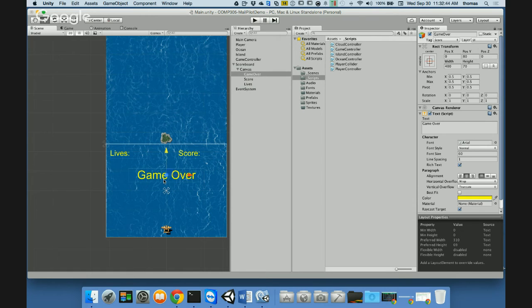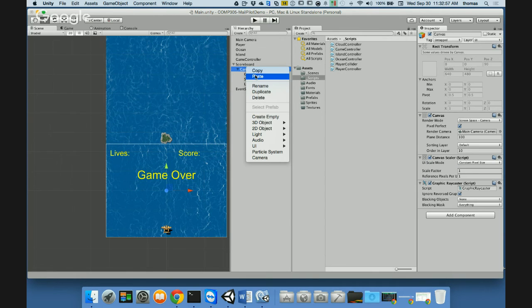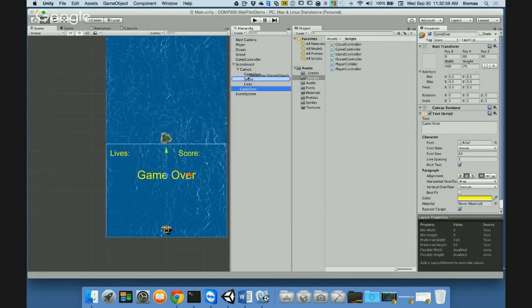I'm going to copy this one because I've got a lot of the same things here. I've made some changes as opposed to the score and lives label. They're slightly different. So let's make a copy of this one. I'm going to paste it in my canvas and put it underneath my game over. We're going to rename this to final score. Here's my final score. And we're going to change my text to,